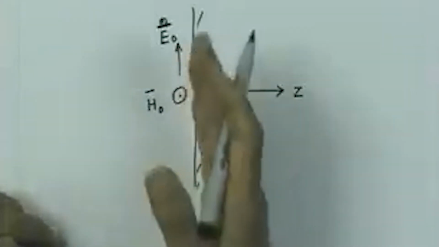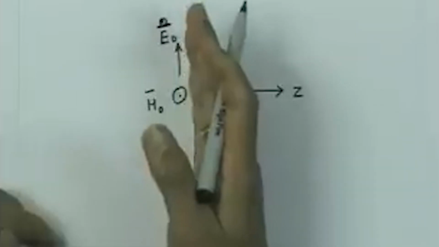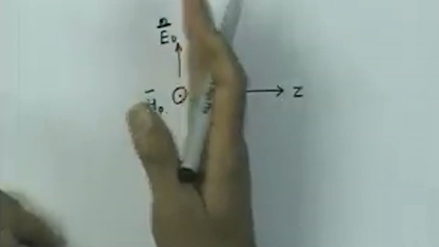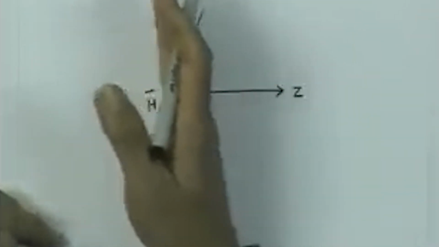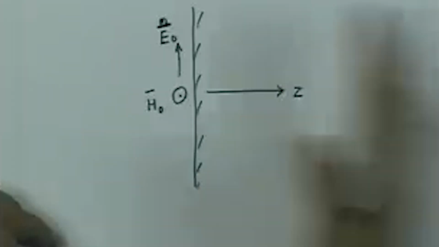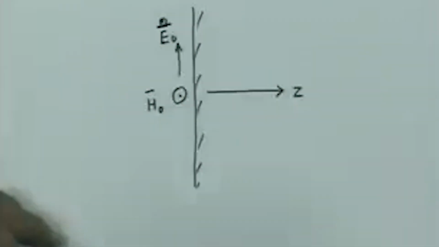Since I am asking for a power flow per unit area of the surface, essentially I want to know what is the Poynting vector on the surface of the conductor, and that is the power which is essentially going inside the conductor. So, it will be lost in the heating of the conductor, which is the ohmic loss. So, from the Poynting vector,